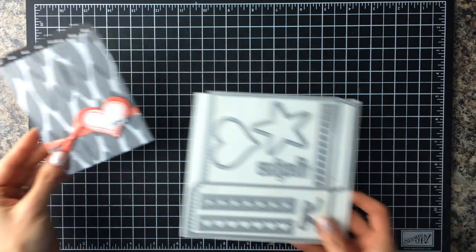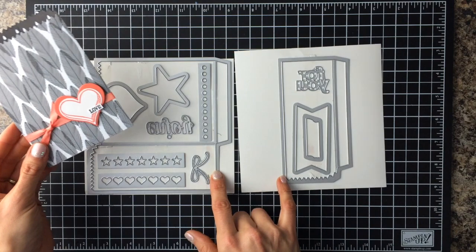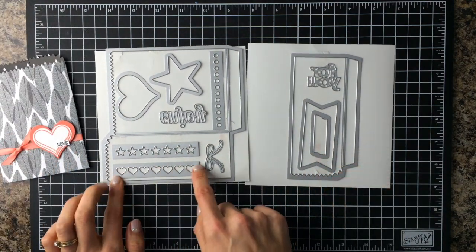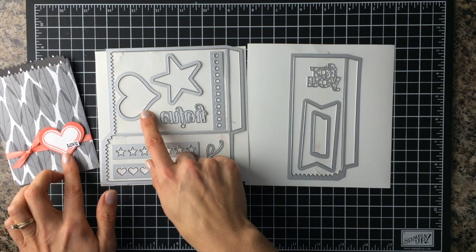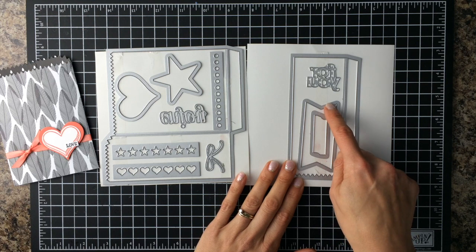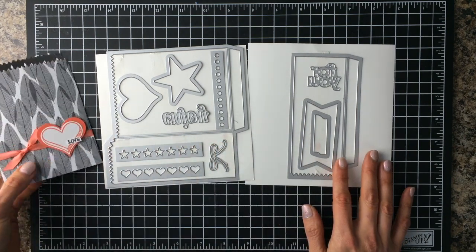So this is the Mini Treat Bag Framelit set. It comes with two dies that you're going to use to make this little bag, but it also has all these other fun little pieces. You can do little heart cutouts, stars, dots. This says enjoy for you. I used the heart on this little treat bag. There's also a star, a fun banner that I've used a bunch of times already on some cards. And then this is a little bit of torn washi tape so that you can have any kind of washi tape that you want. So it's going to be really fun, really easy to put together,